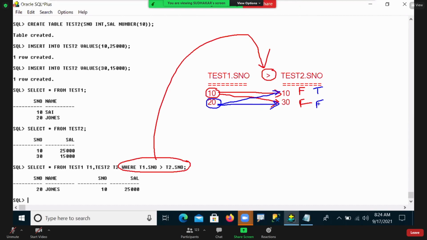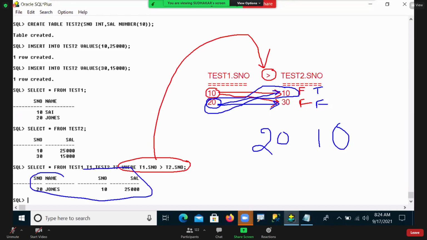The condition is false. But where the condition is true, the first one, it will be joined. So joining, and your output is 20, 10. The same output has come: 20, 10.